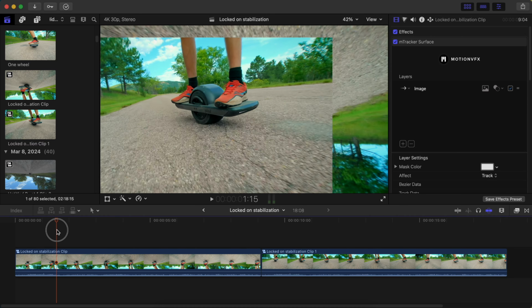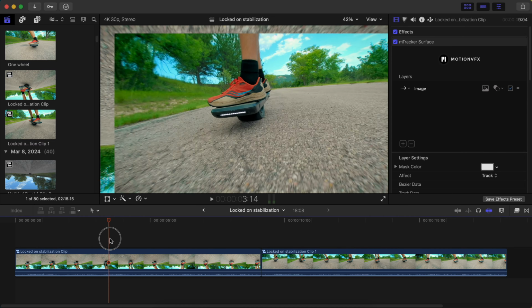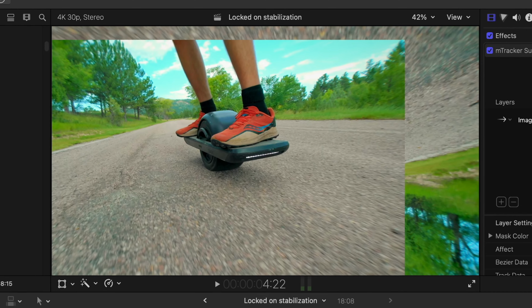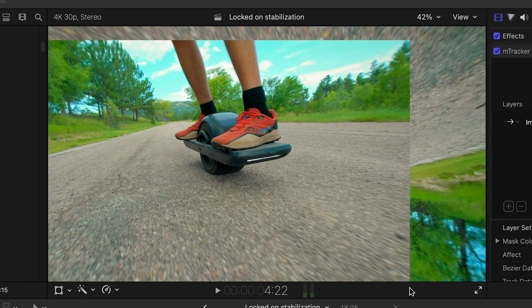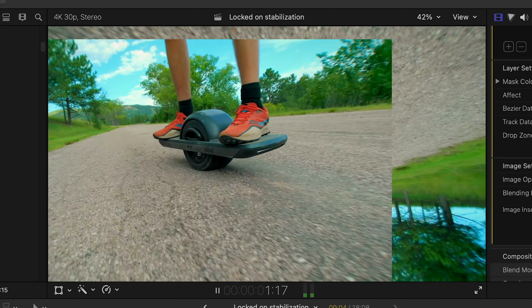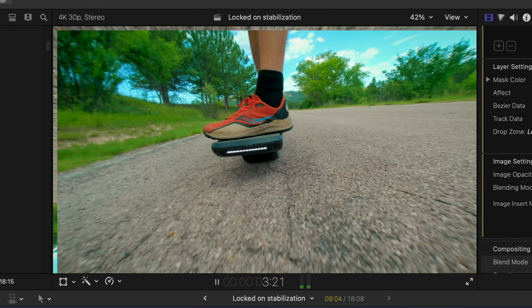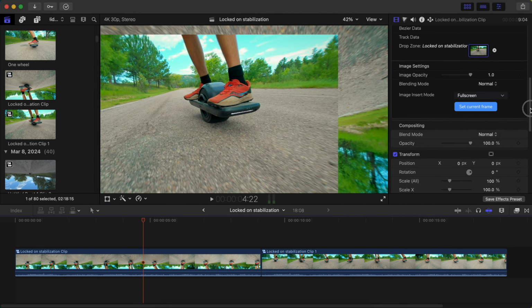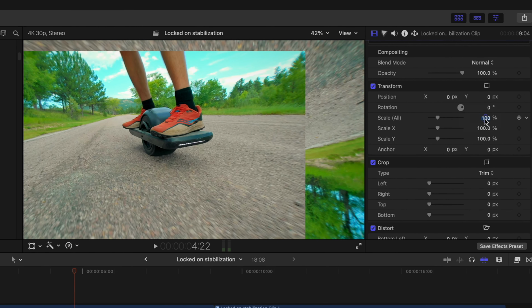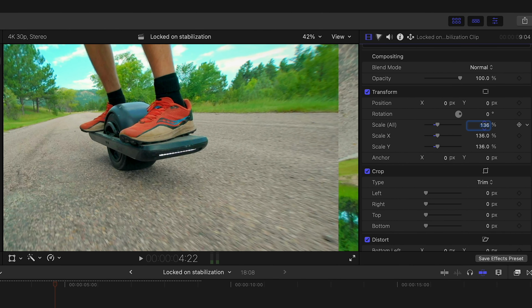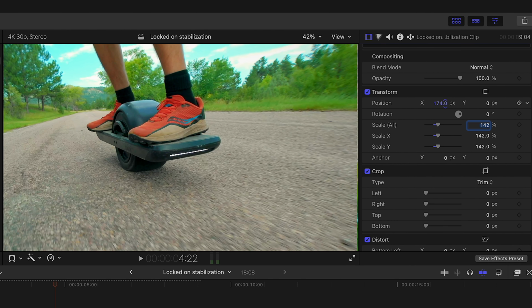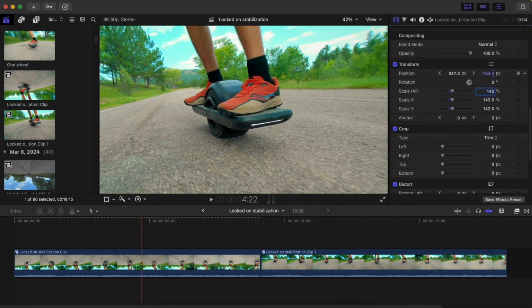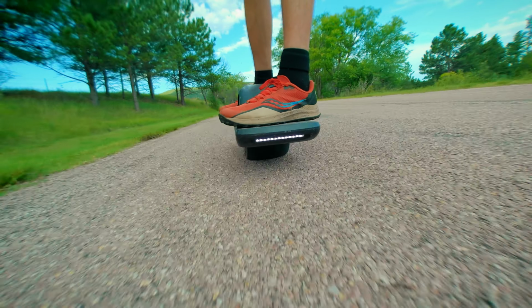We're not totally finished yet though, because you'll notice that the edges of the video will occasionally move inside of the viewer window, and you'll see the edge of the video there as it kind of bounces around because of the stabilization that we applied. All we have to do to fix this though is go to Transform and scale up the video until the edges are no longer in view. And that's it. Here's the before,